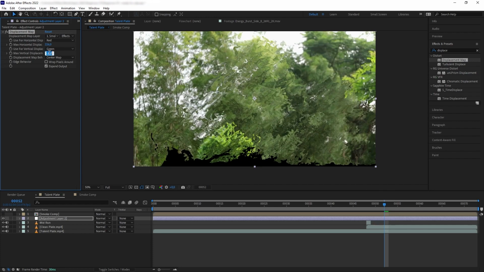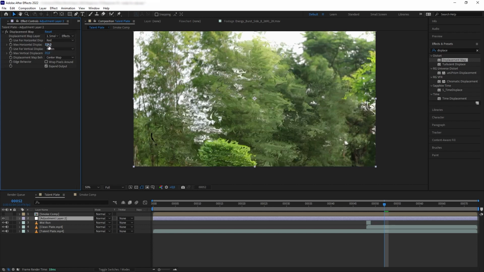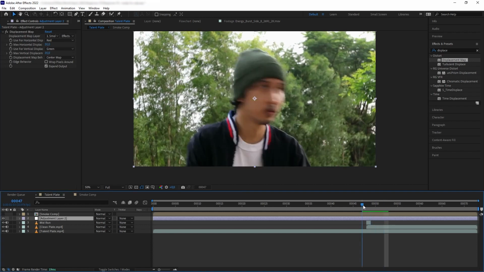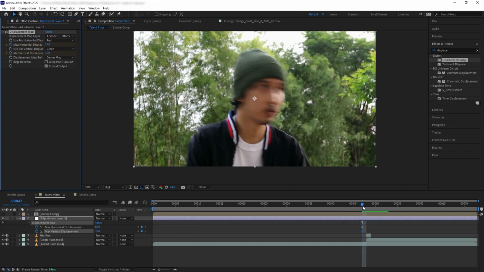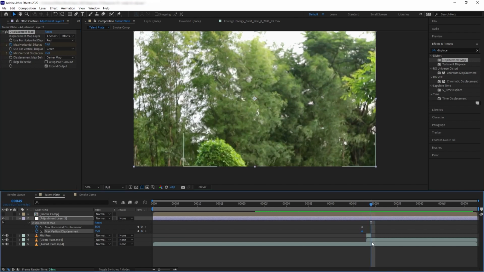Now of course this is too much, so let's just scale it down to 35 for each. And then let's move to a frame just before I start running. And then let's add a keyframe again because we want to animate the value of the horizontal and vertical displacement. And then let's press U to bring out our keyframe. And then let's move a few frames forward, and here I want to add an additional keyframe of the same value,